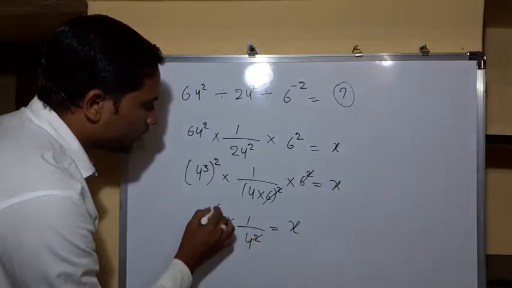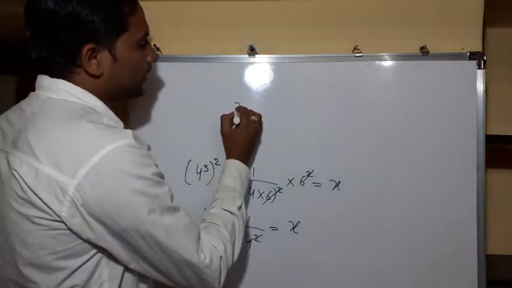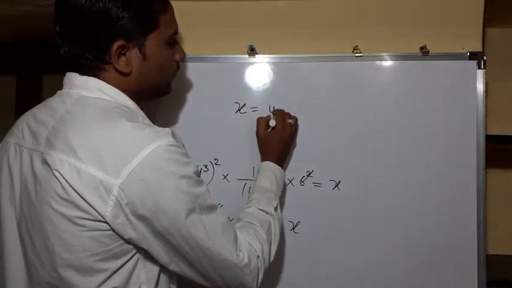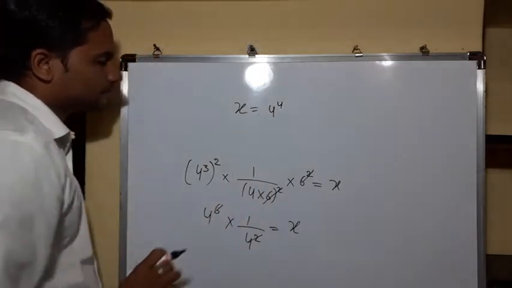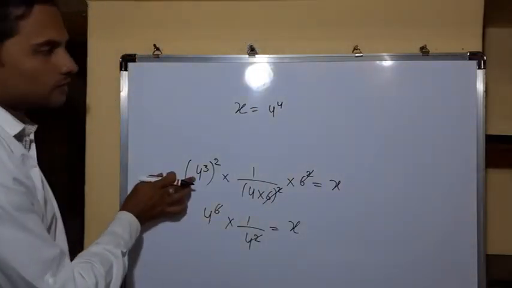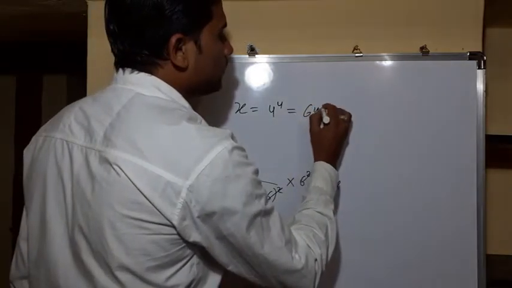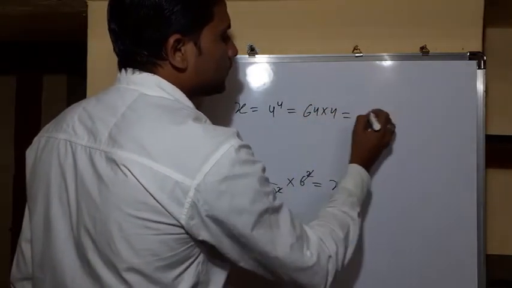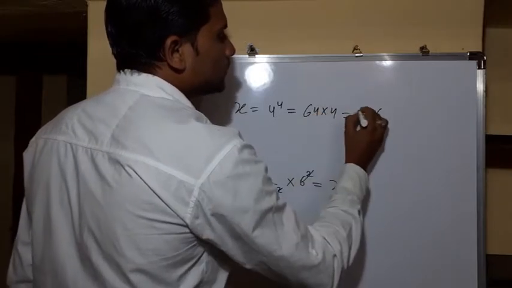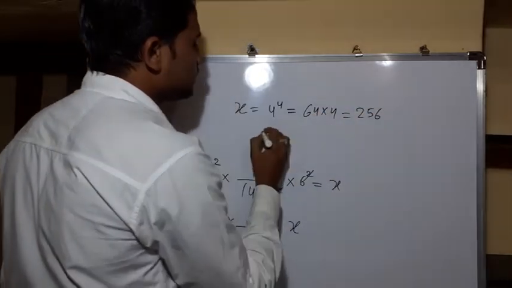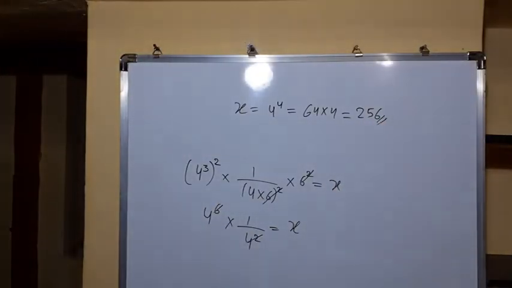This 4 square and this one, you get 4 raised to 6 and 4 square, you will get x equals 4 raised to 4, right? How much is it? 4 cube is what? 64. 64 into 4. So you write 64 into 4. How much is it? 4 4s are 16. 1 left. 4 6s are 24 plus 1, 25. So the answer is 256. Understood, friends, how to do it?